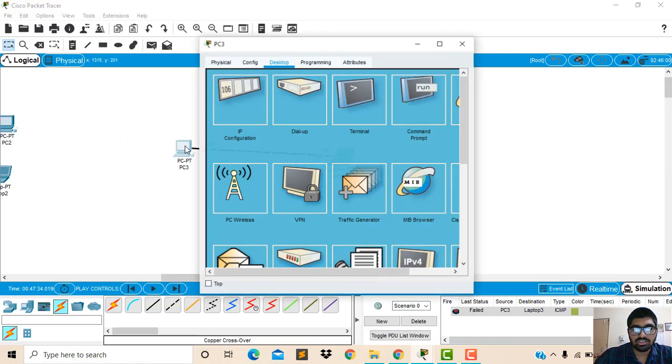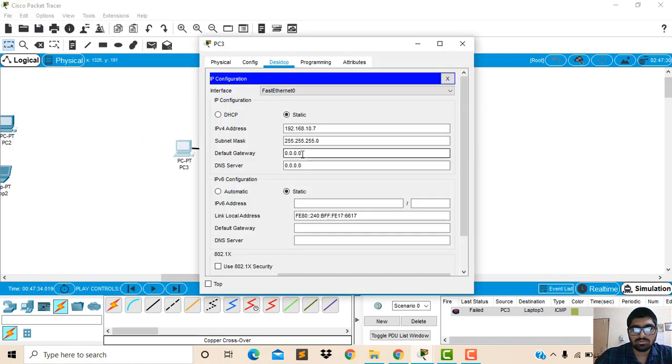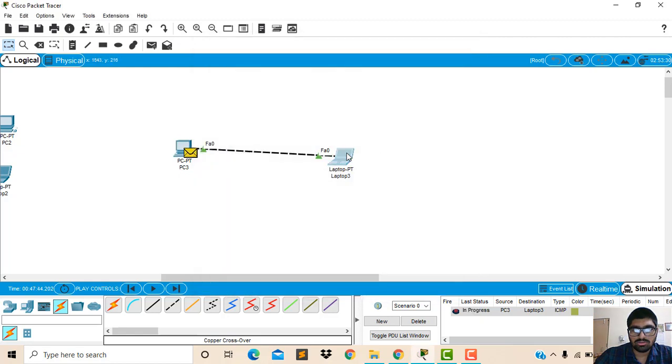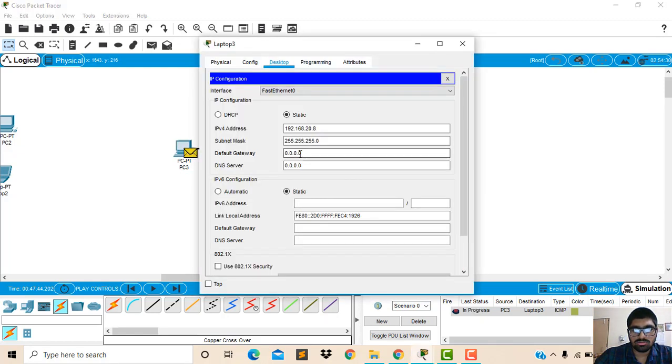We have to assign the DNS server and default gateway. Here I'm assigning 192.168.20.1.